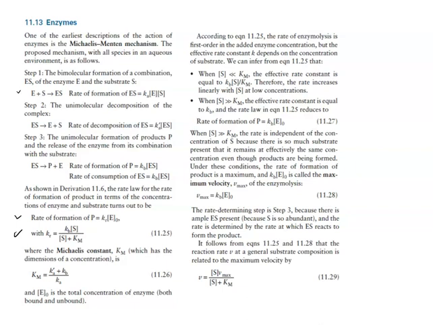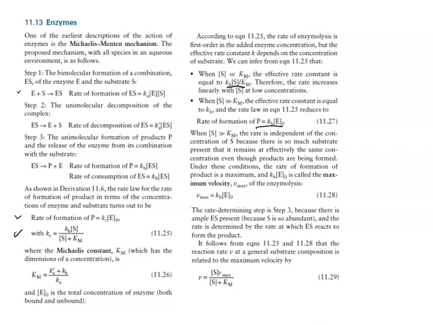We can infer from this equation that when the concentration of substrate is much lower than the Michaelis-Menten constant, the effective rate constant is equal to the following quantity. Therefore, the rate increases linearly with the concentration of substrate at low concentrations. When the concentration of substrate is substantially greater than the Michaelis-Menten constant, the effective rate constant is equal to K sub B, and the rate law in equation 25 reduces to the following,